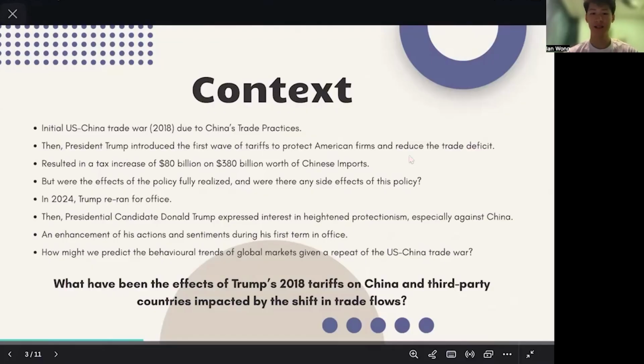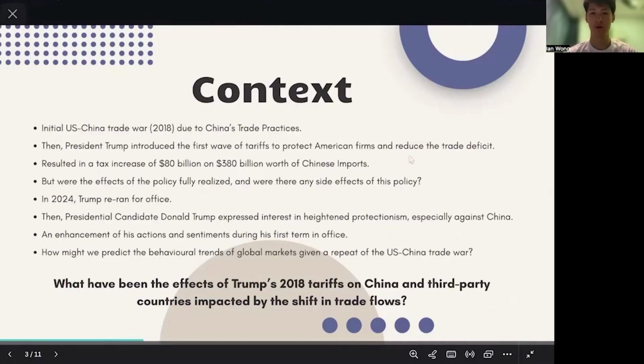I hypothesized that the effects of the 2018 tariffs were not fully realized, due to the redirection of trade through third-party countries. Therefore, the thesis for this project was: Trump's 2018 tariffs didn't just reduce direct trade between the US and China, they rerouted trade flows through third-party countries, temporarily cushioning US consumers, but ultimately detracting from the effectiveness of the policy